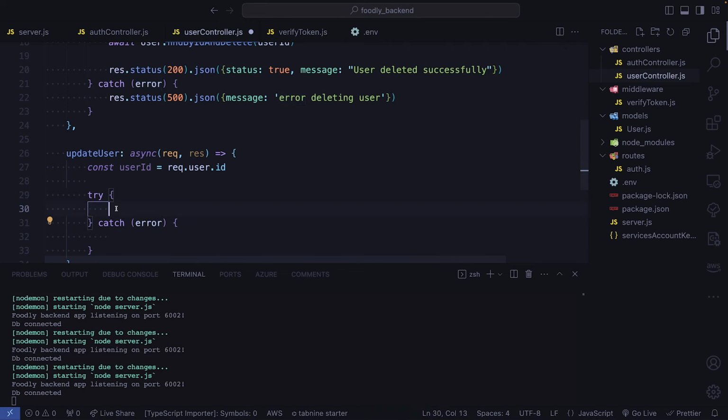So inside of our try catch, what we're going to do, we're going to go ahead and try to update. Okay, so here we're going to have const